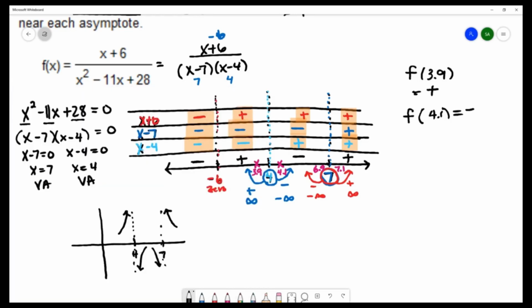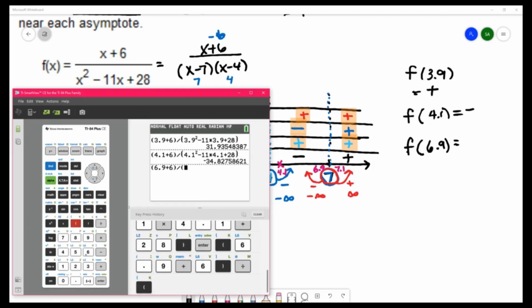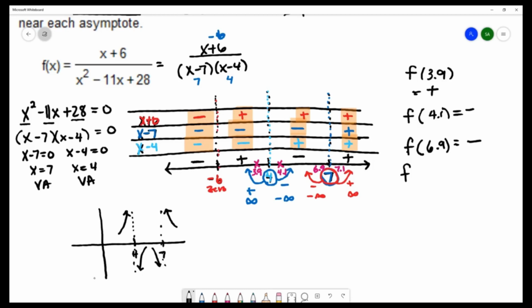Then we do f of 6.9. We have 6.9 plus 6 divided by 6.9 squared minus 11 times 6.9 plus 28, and we got a negative, and then f of